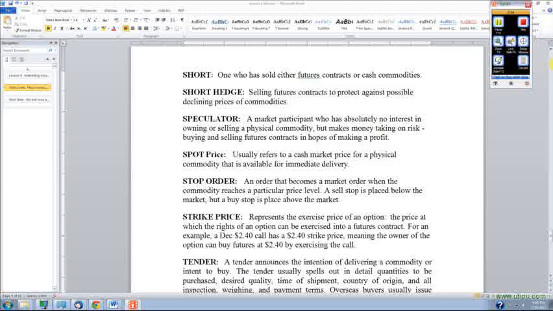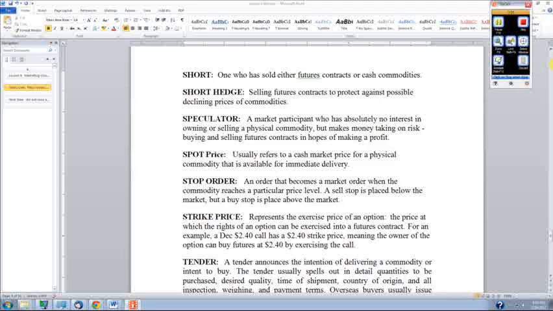A strike price represents the exercise price of an option, the price at which the rights of an option can be exercised into a futures contract. For example, a December $2.40 call has a $2.40 strike price, meaning the owner of the option can buy futures at $2.40 by exercising the call. Which means if the price goes down to $2 in this case, and they have a $2.40 call, the strike price $2.40, then they can go back in time and